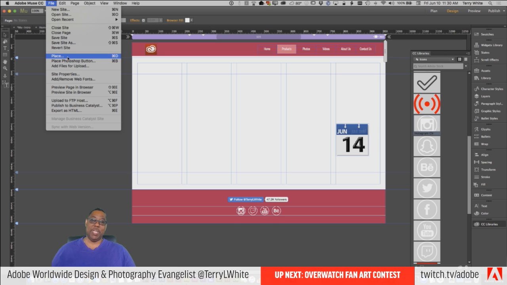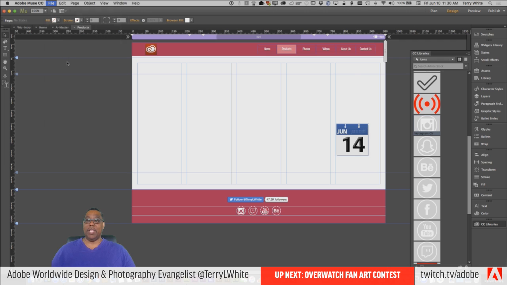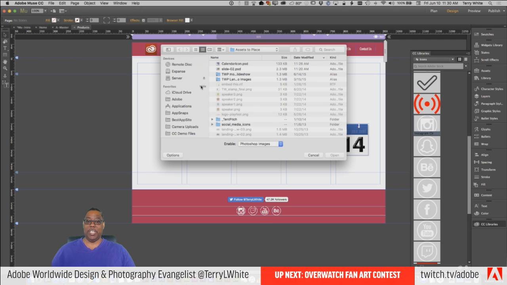So everything else we've been doing has been a drag and drop or place. Place regular graphics, place PSDs, place whatever. But when you say place Photoshop button, that brings up a different kind of interface looking specifically for a PSD or Photoshop document that you're going to make changes to or change the way it works.